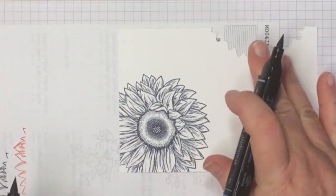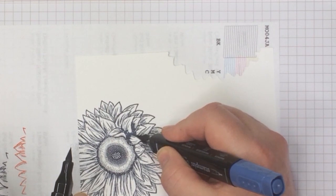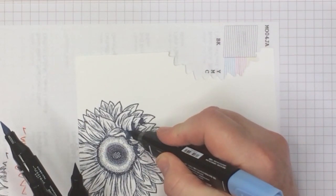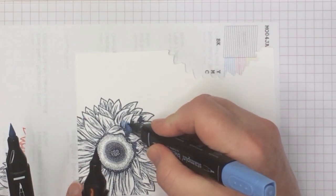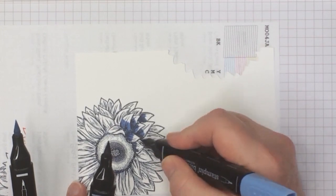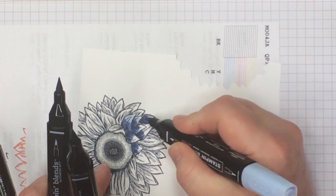And so I'm going to start with the dark Night of Navy down in here. My coloring with the Stampin' Blends is dark to light, and I work a smallish area and then come back and start and blend, and that was the dark Seaside Spray, but what I really wanted was the light Night of Navy. Okay, and then I'm going to go with the light Seaside Spray,